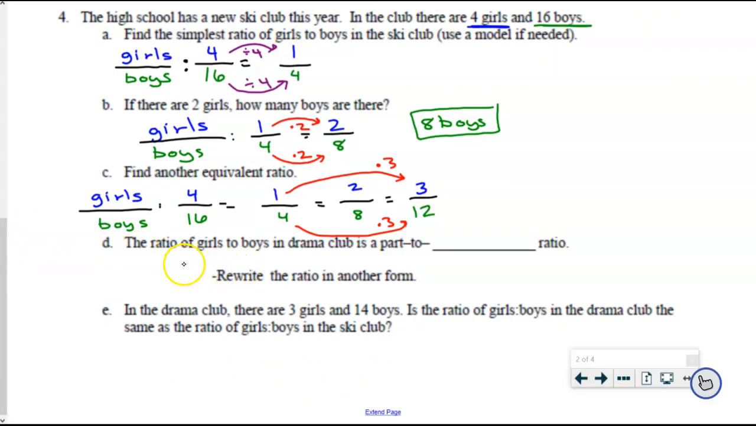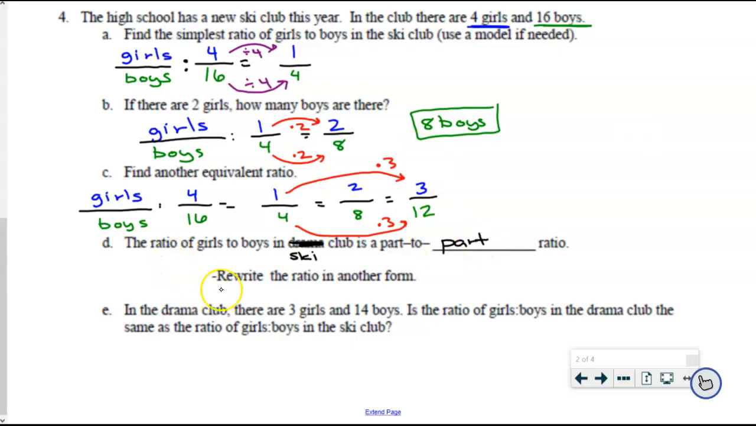The ratio of girls to boys in drama club, oh, I'm sorry. That should say ski club. The ratio of girls to boys in ski club is a part to what? Is it a part to part or is it a part to whole ratio? Landon. Yeah, that is a part to part. I'm comparing the different parts of the club